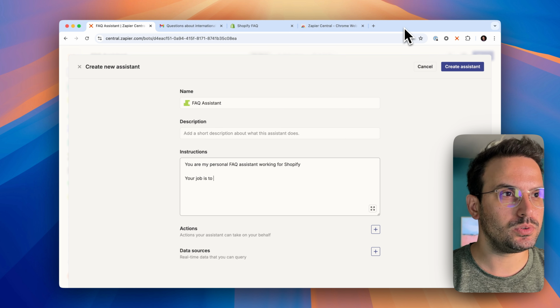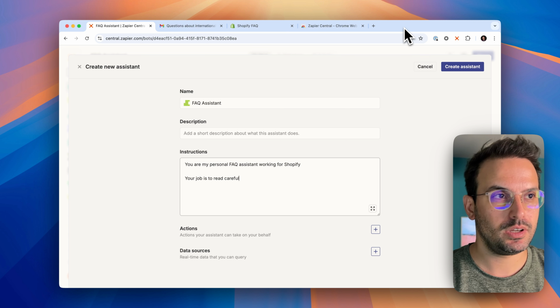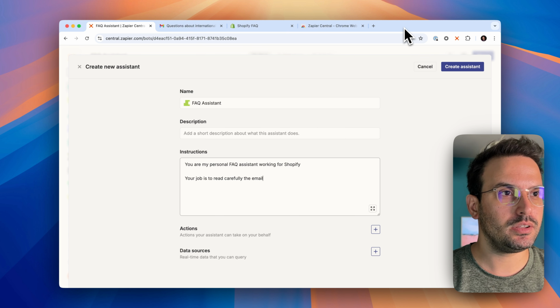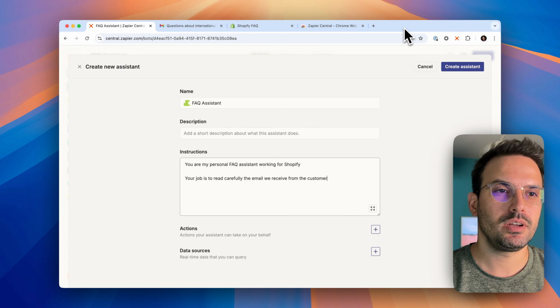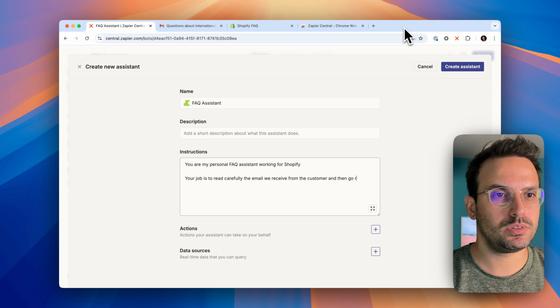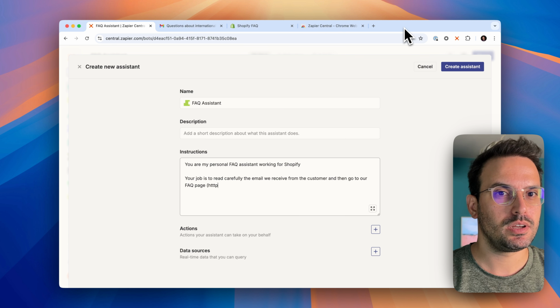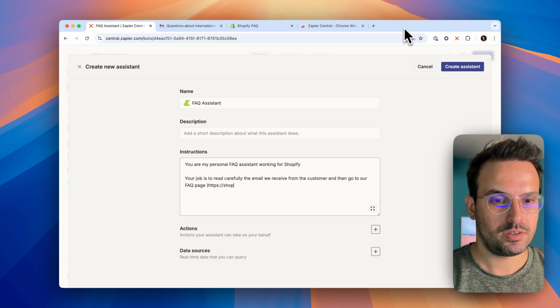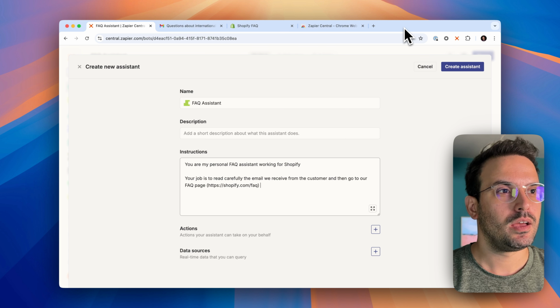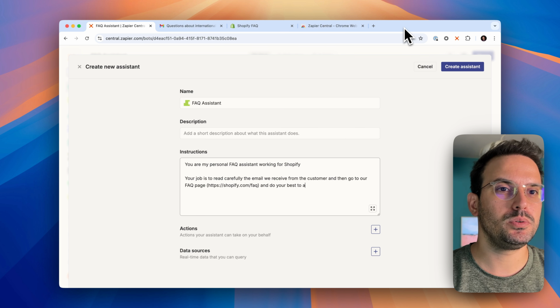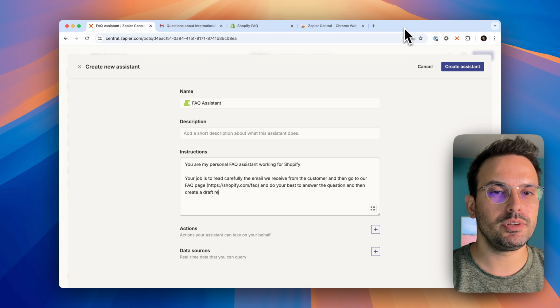Your job is to read carefully the email we receive from the customer and then go to our FAQ page, which is shopify.com/FAQ, and do your best to answer the question, and then create a draft reply email